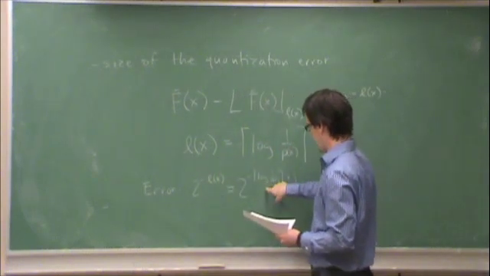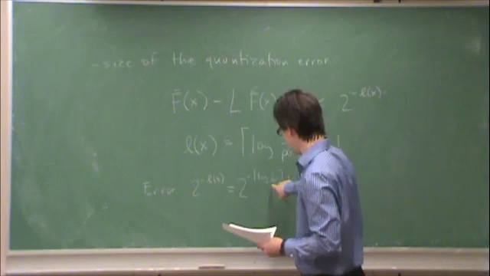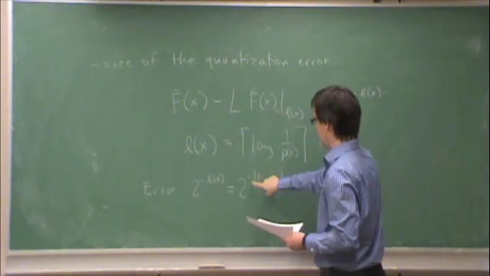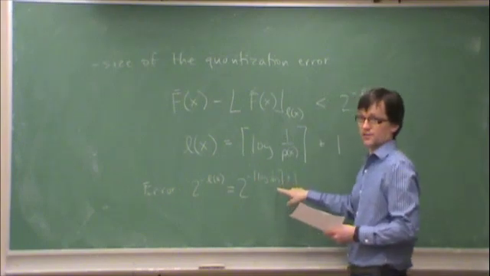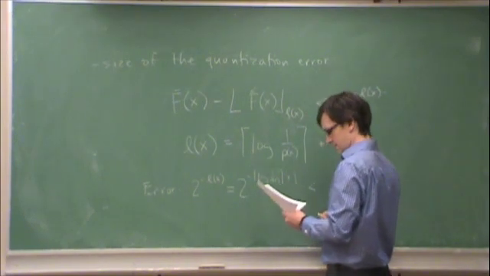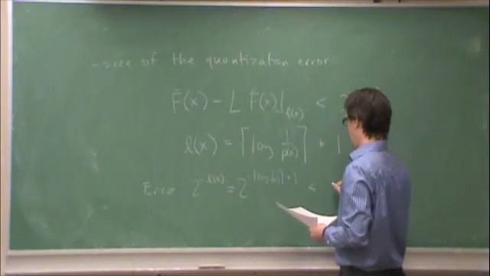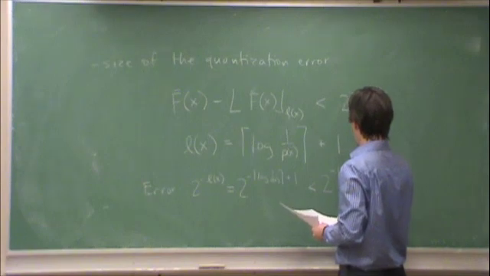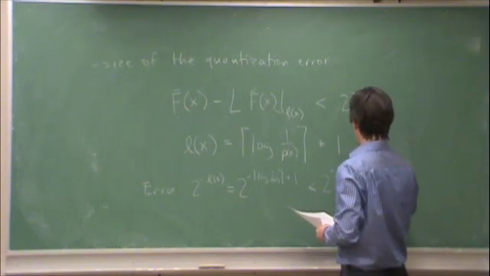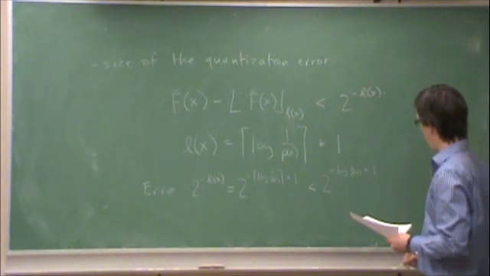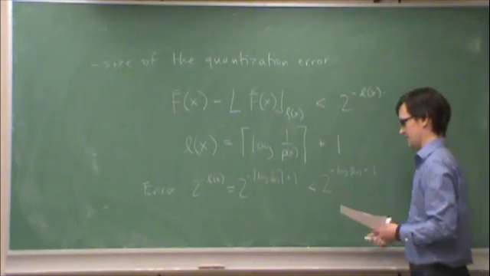Now, if I get rid of the ceiling, then I get a smaller value in the exponent, but it's 2 to the minus that value, so the result is larger. So the error is less than or equal to 2 to the minus log 1 over p of x, plus 1. What I can do is split up this exponent